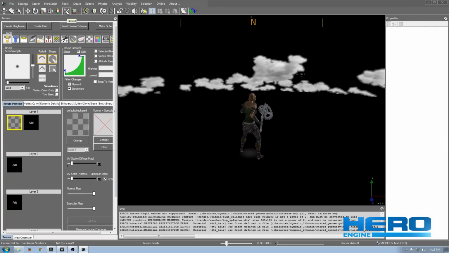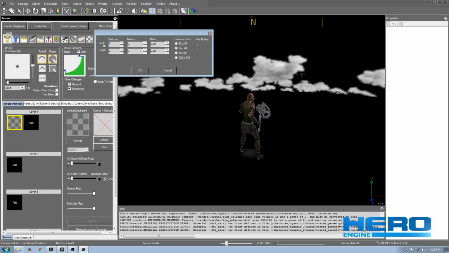Now if you click on the terrain option up here in the toolbar, it comes up with another window, this terrain window. We have a few options at the top of the screen. The first is to create heightmap. We'll just create a generic heightmap like the one that was just below my character's feet. This create grid, however, will create a custom heightmap to whatever specifications you decide. I'm going to select a 64 vertices by 64 vertices area. I'm going to use the default 64 by 64 preferred size